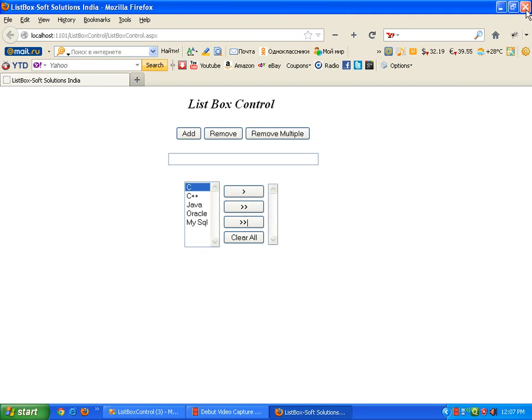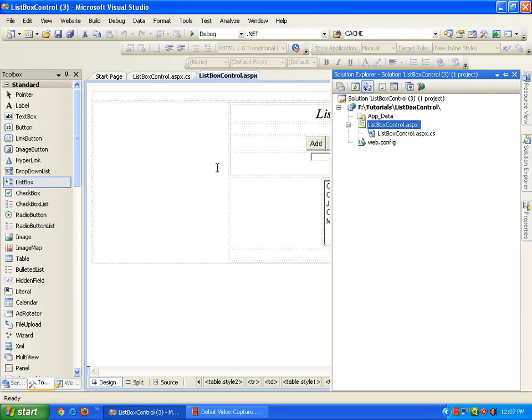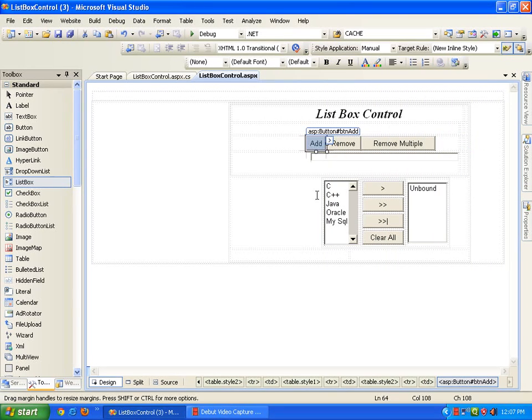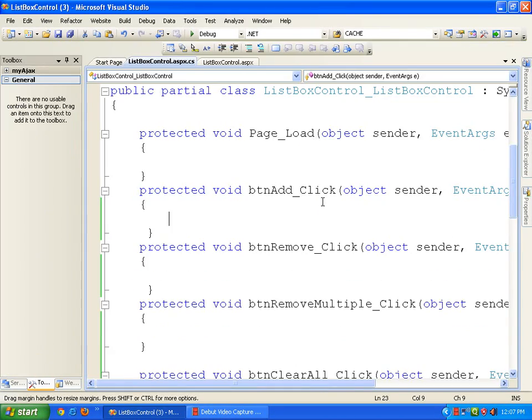Now we will learn how to add items in list box control by using coding at runtime. Click on add button, write the code lbleft.items.add. Now this add method takes two parameters, list items and string items. We are not aware of list items, but we know what string items are.